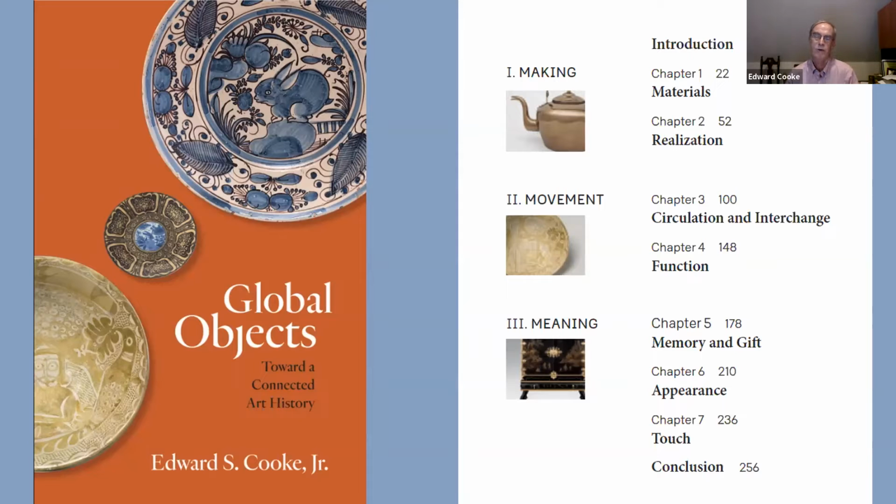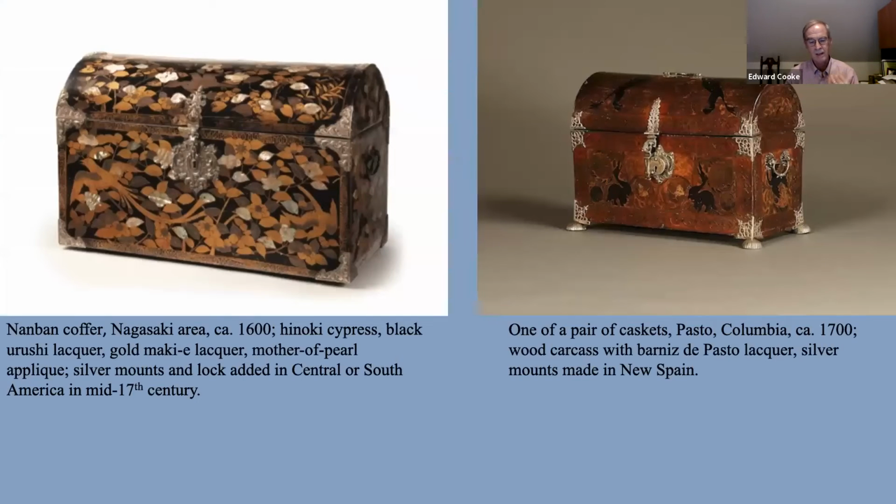So let me just walk you through a couple of examples that might clue you in terms of how this approach can open up so many different things. So making and materials. So thinking about lacquer, which people have always associated with East Asia, the urushi tree lacquer, which is basically a proto-plastic. It is a way of encasing wood so that moisture will not penetrate it, but it also allows you to do some decoration.